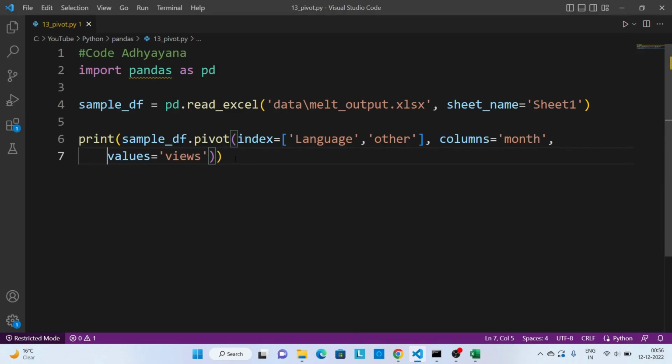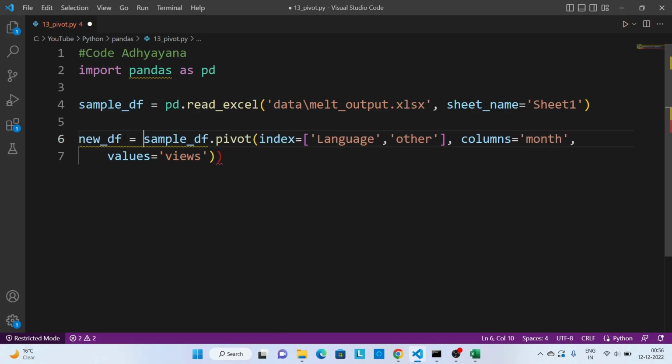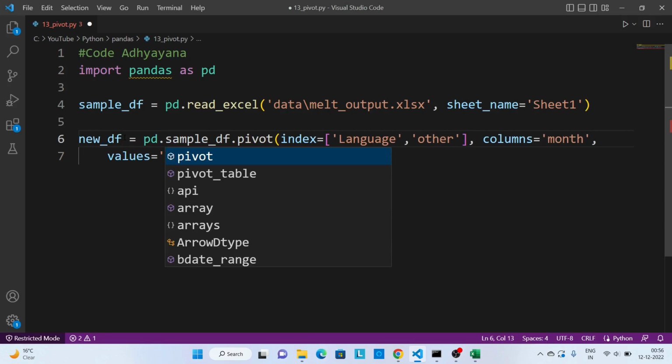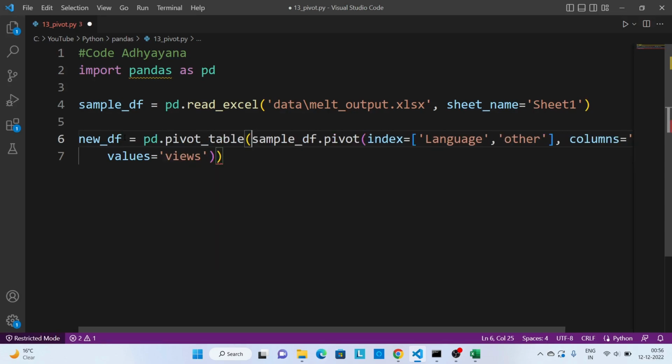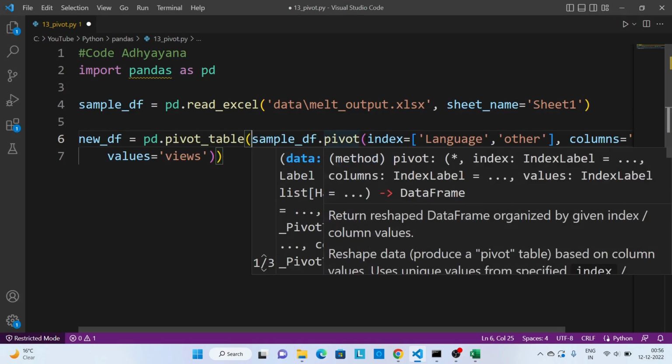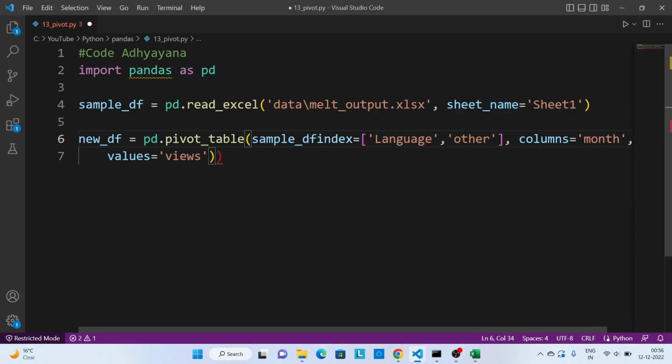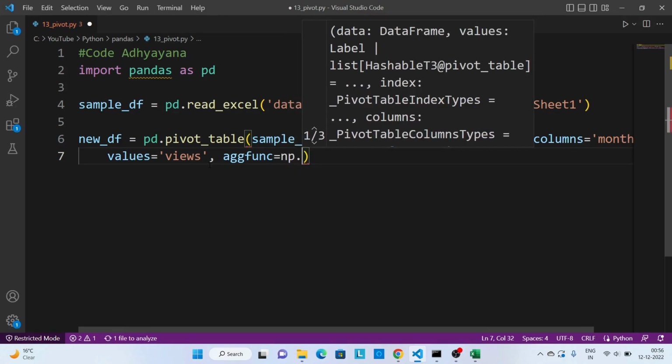Now in order to resolve this issue, what we have to do is create one new data frame with pd.pivot_table, and here we can pass this sample data frame. Rest of these parameters will be the same. However, along with this we have to pass an aggregate function, because we just want to combine the values if the index value is the same.